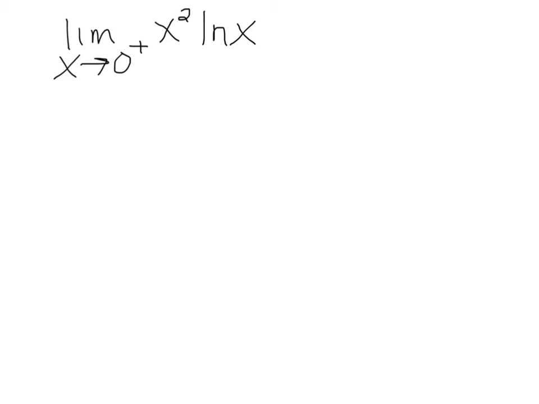We're now going to look at L'Hopital's rule of an indeterminate product. So we want to find the limit as x goes to 0 from the right of x squared times natural log of x. Now you might wonder why we're taking the limit as x goes to 0 from the right,